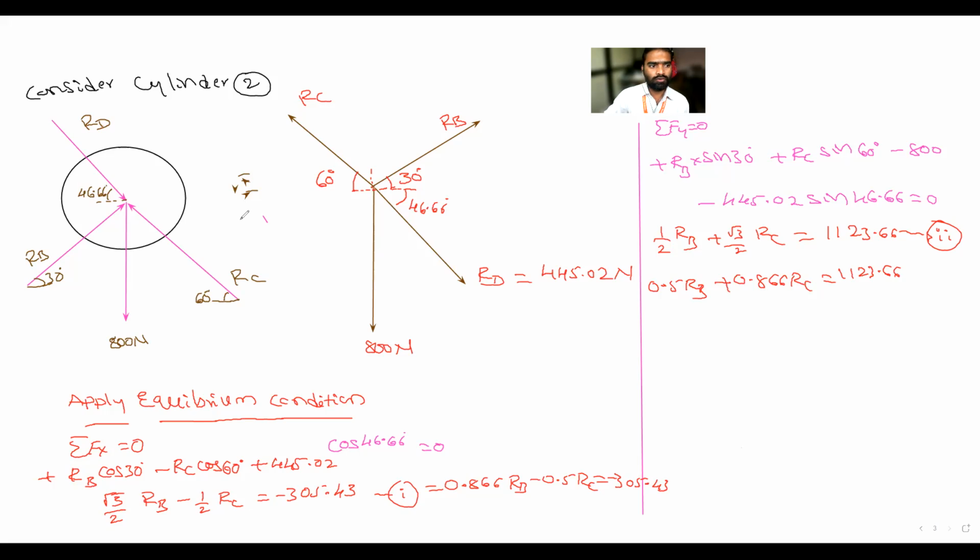Okay, so now how to solve these two equations. There are two equations and two unknowns. This is equation number 1 and this is equation number 2. Do all of you have a scientific calculator? Yes, sir. So using the calculator, do you know how to solve equations? Some say yes, some say no. So first turn it on. Do as I say.